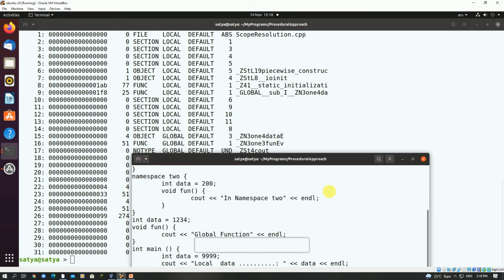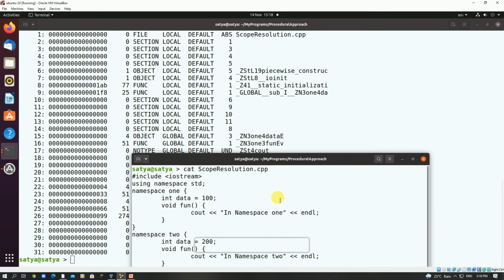Okay, if you see here, just observe namespace one. Here you can see data and here function. So two members are declared here, data and function. Whenever we are using a namespace, even though you have given data, the compiler will rename it. It will do name mangling for the variables present inside the namespace.